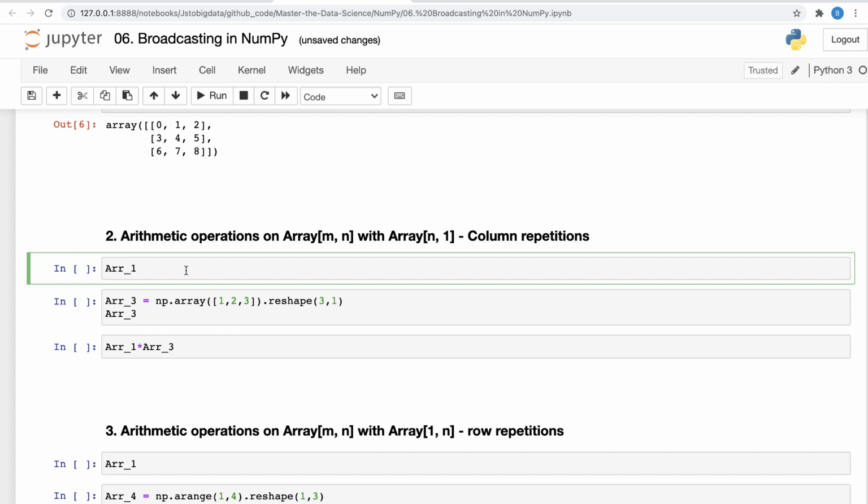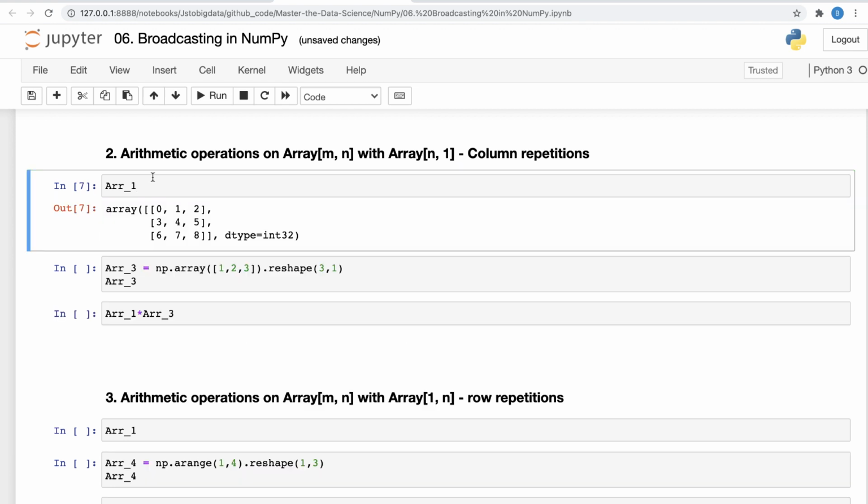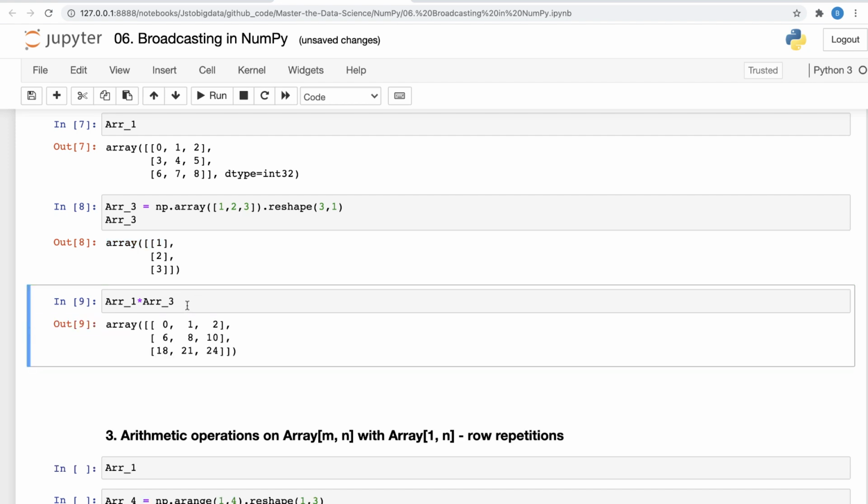You already know that you can also reshape things, right? And so I have array 1 here, and I have, let's say, another array which is array 3, okay, which is having just 3 elements 1, 2, 3, and you can see that this is having 3 rows but 1 column, right? And now if I want to multiply, you know that this array has to be broadcasted as 1, 2, 3, then 1, 2, 3, and then again 1, 2, 3, right? So in this way, from top to down, another column as 1, 2, 3, and then the third column also as 1, 2, 3, and then it will get multiplied.